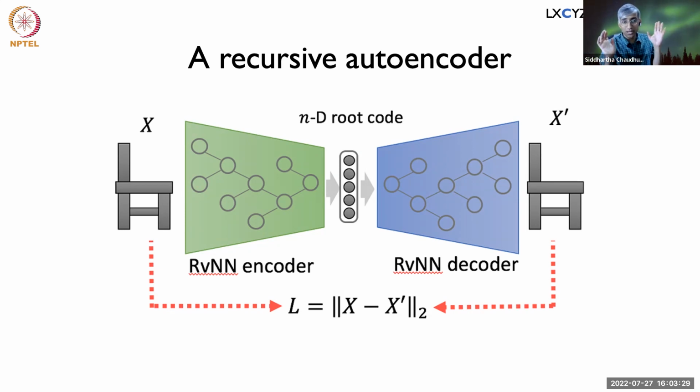Now, the one thing I should mention, and I forgot to mention, was that the merge operation at every level is determined by exactly the same neural network. The same weights are applied for the merge operation, regardless of whether you're merging two legs into one or the top of the chair and the bottom of the chair. So a very high level merge and a very low level merge use exactly the same weights and bias and nonlinearity. That's why it's called recursive, because you are recursively stacking the same function on top of itself at every